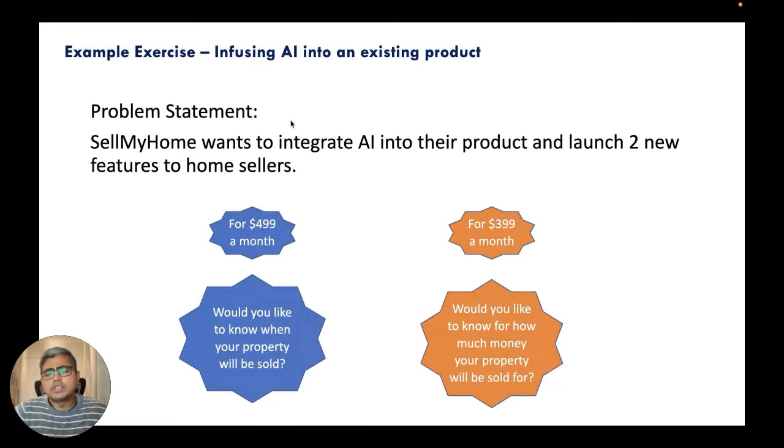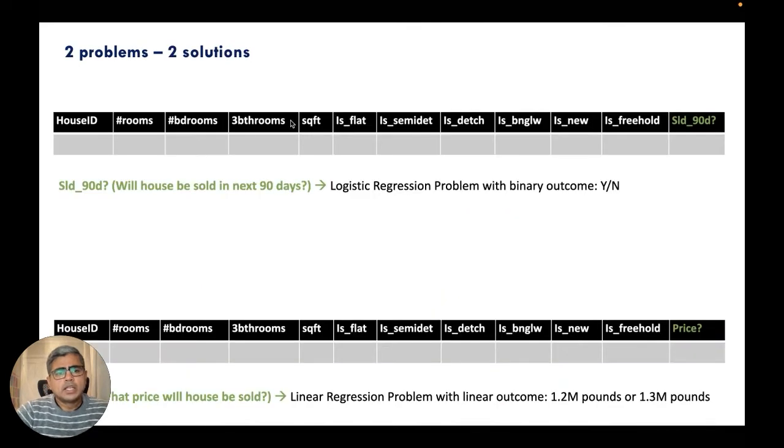These 2 are important questions to answer, because the longer you wait, the hypothesis is you may be able to get more money for it. But the longer the house stays on the market, the house may become a little more stale and may not get the money you need for it. So in these 2 scenarios, in these new features, let's look at how a typical machine learning project will look. Let's take the first example.